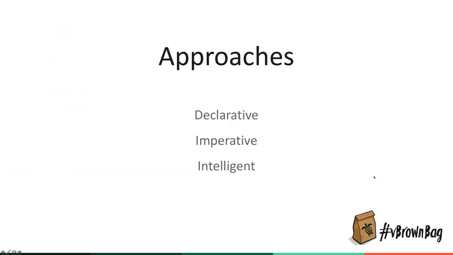And intelligent is more about being environmentally aware. So if something happens, and you can consider this a bit of an automated remediation, or if something happens in one area, it intelligently updates another area. When you do declarative, usually you're going to be using a resource or a module, which is imperative underneath. So it will help work that area out for you, but it's abstracted away.